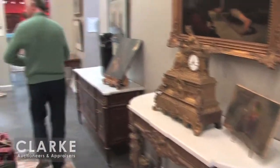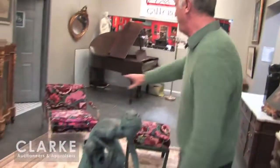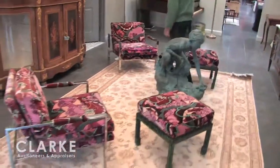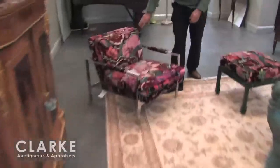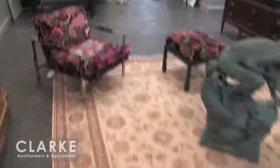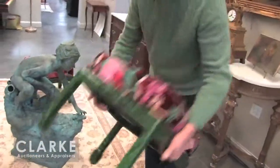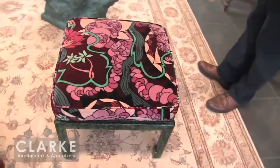As you'll notice, there's art and everything around, but my other appraisers will get to that eventually. Here we have a beautiful pair of vintage Milo Baumann chrome armchairs, upholstered with what I believe is Larson fabric, very psychedelia, that. Great for going to a party that you don't notice when you spilt the drinks on it. And here we have probably a pair of faux malachite painted stools, upholstered in the same fabric, probably by